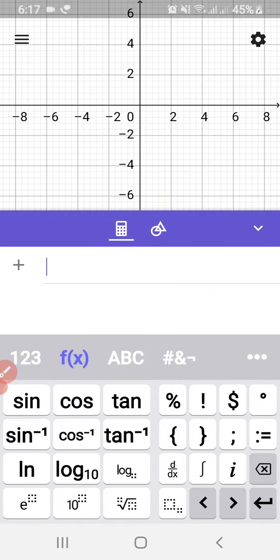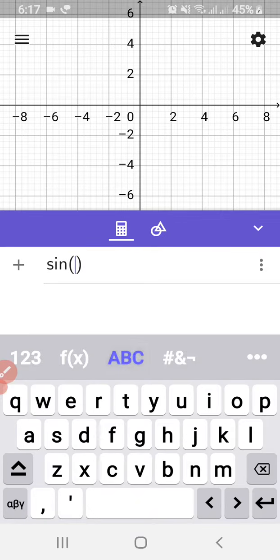Go to this function feature, fx. You can plot the graph of, say for example, you want to plot y equal to sine x. So you select this function, sine, then go to this text box, ABC. From here you can choose x, and you see this is the graph of the function, and you can talk about it. Okay, so it is easy to take up an equation over this place, and you can continue.